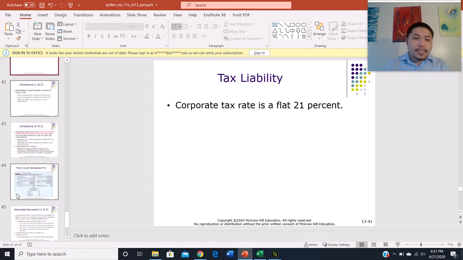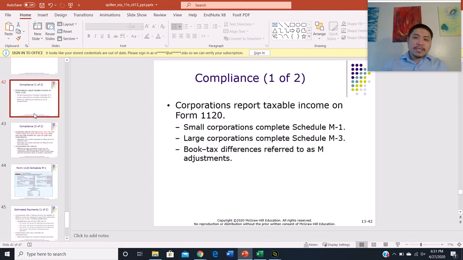So let's talk about compliance. Here I just wanted to mention a few things, but the technicality of it is going to be covered in a corporate tax class. A corporation reports taxable income on Form 1120, and depending on the size of the corporation, the firm has to attach some other schedules,